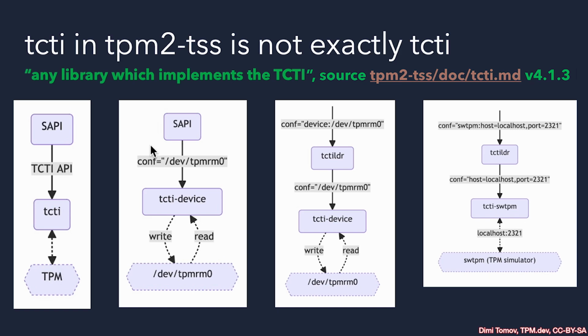Now, if we want to use a physical device or the resource manager available in Linux, we'll use the TCTI-device library. And we'll specify this in our TCTI initialization when we invoke the ESYS initialize. We'll show that in a moment. So here we also have a configuration parameter that says, okay, this is the device I want to talk to, this specific one. And this can be /dev/tpm0, or if it's the resource manager, in this case, it is /dev/tpmrm0.